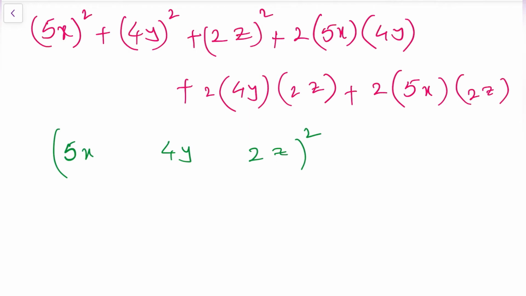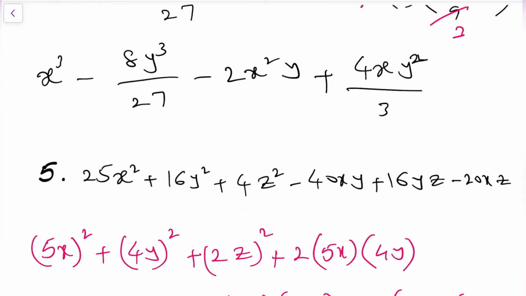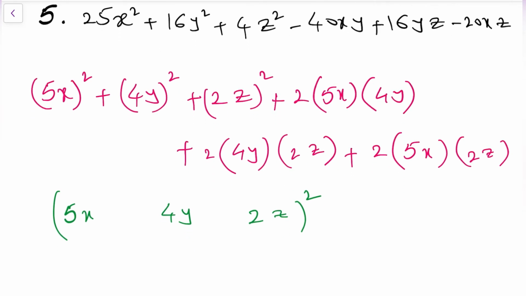But in the question we have negative symbols. Now observe that negative symbol clearly again. Here we have one negative symbol, here also one negative symbol. In both the terms, which is the common alphabet? Here also alphabet x is there, here also alphabet x is there. So it means for x term negative symbol should be there. So that is nothing but this 5x. So 5x can be written as minus 5x, remaining all keep plus.